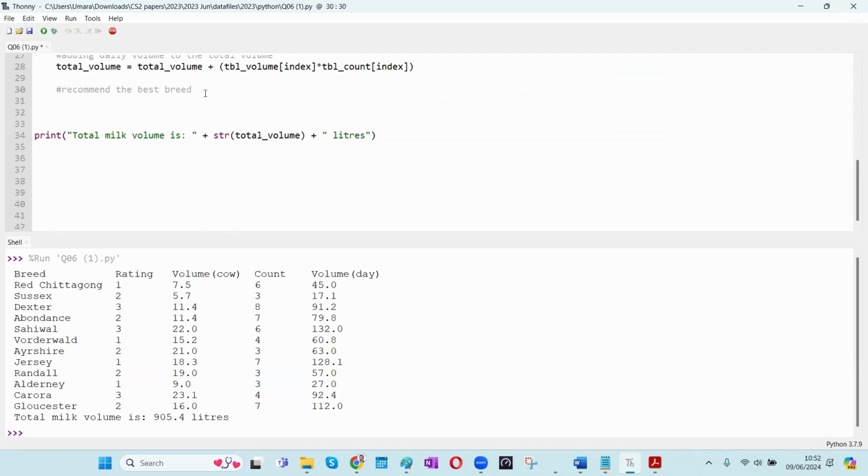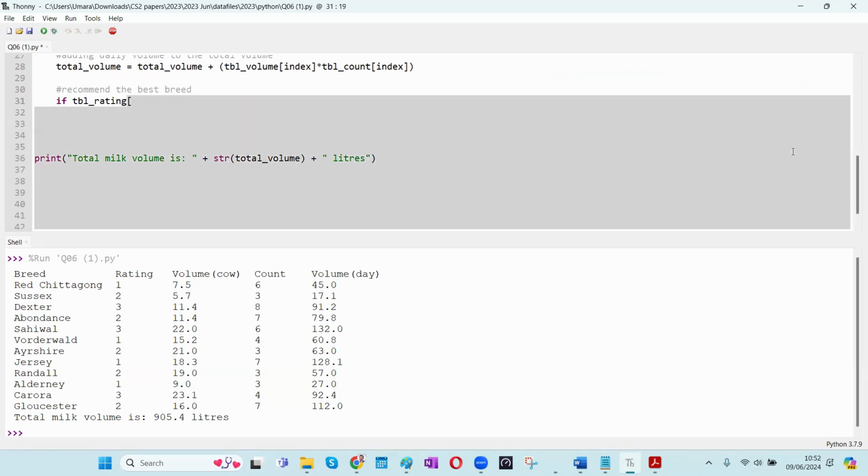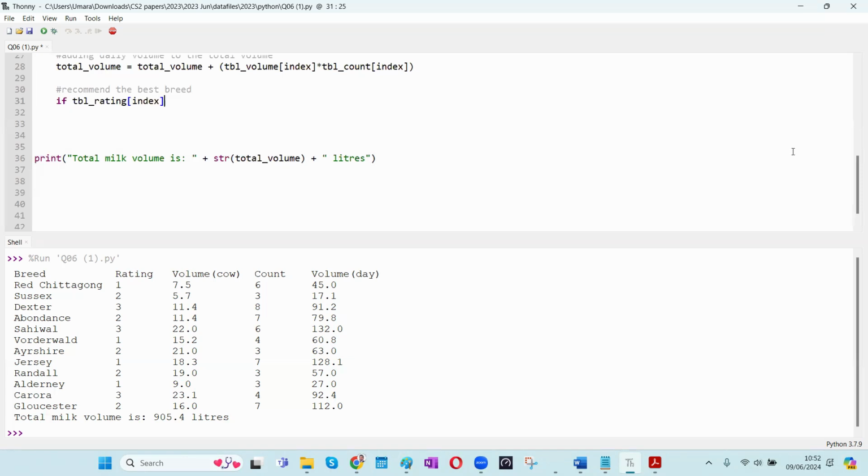Right. Now, how do you do this? You need to first check whether the rating is 1, right? So if TBL rating index, don't forget that you are still inside the loop, equals, it should be double equal because you are checking whether the value is true. So if it is 1, that means the rating is 1. Then you need to check if TBL